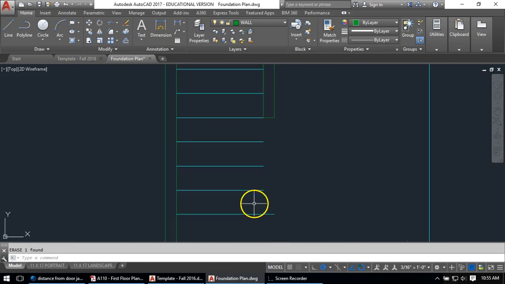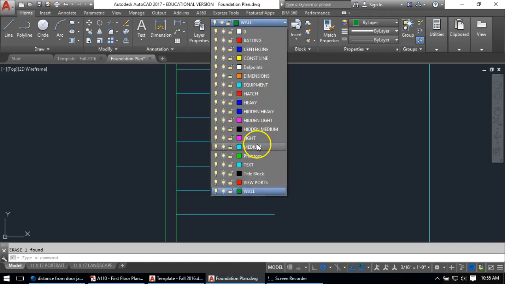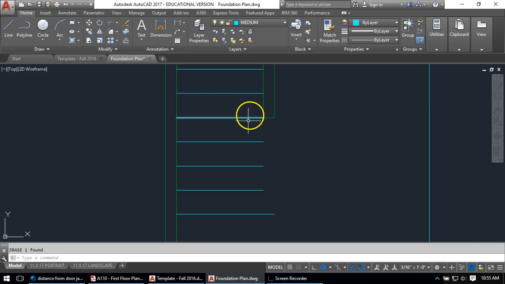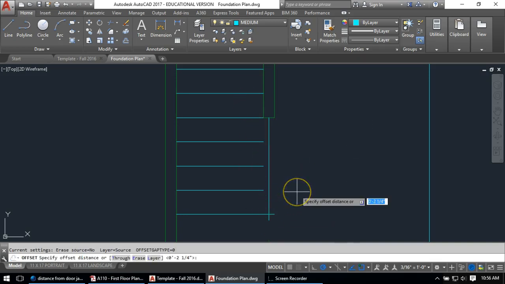Since I was working on the stairs, I'm just going to zoom back in and take care of that. We don't have any details on the length of those stair railings or this post. There's a post down in here. That would be taken care of in a detail anyway, so I'm not super concerned about drawing it accurately. But I'm going to go to my medium layer, which is what I used when I made the stairs, and I'm going to start by finding the center point of where this railing is going to be, and I'm just going to offset